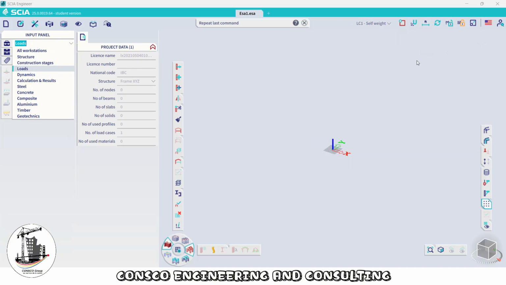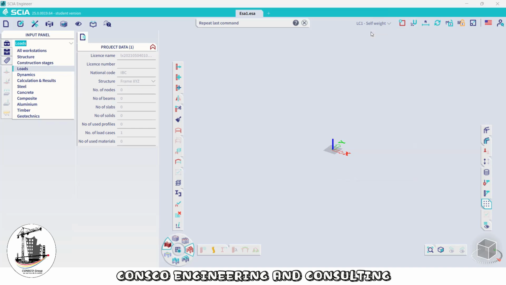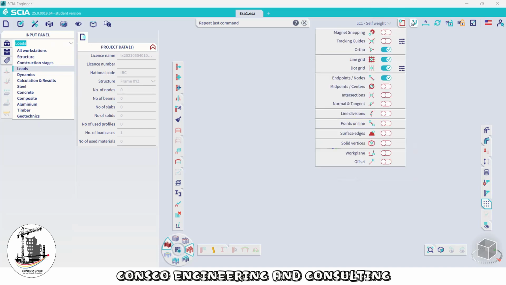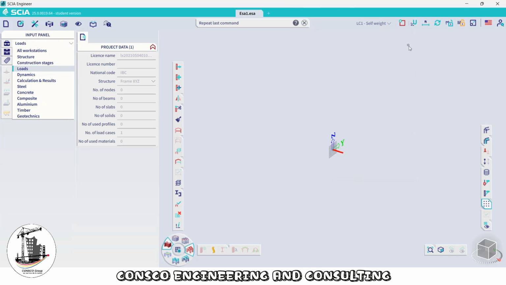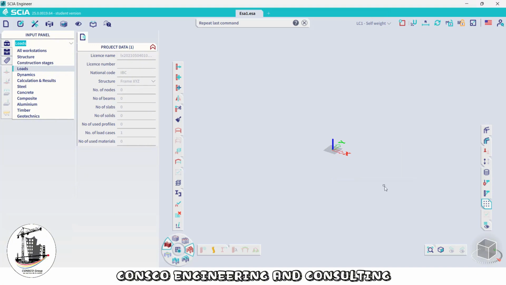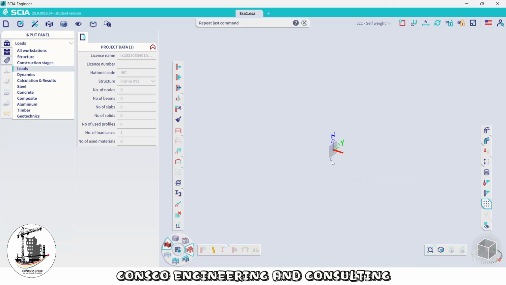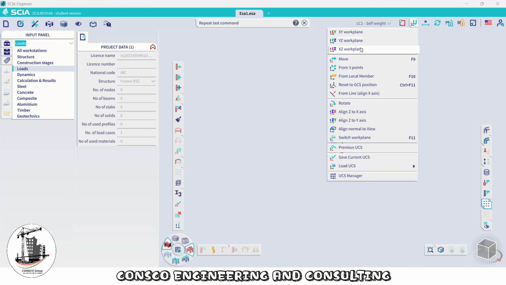The next option in the status bar is the coordinate. This is where we can define the coordinate. We can change our work plane in XY. We can change the work plane in Z, Y, and so on. When you click this part, we see XY work plane. It is XY. When we change again to YZ work plane, you see YZ work plane. And then we can go to XZ